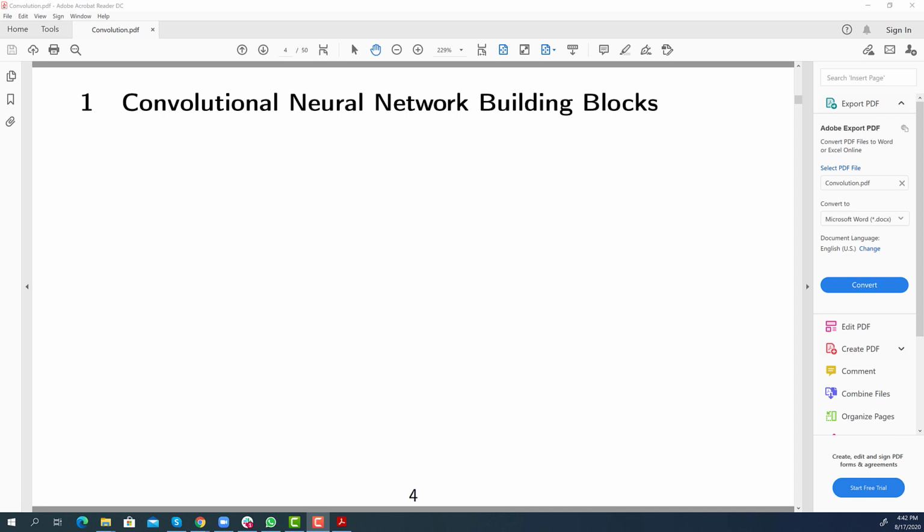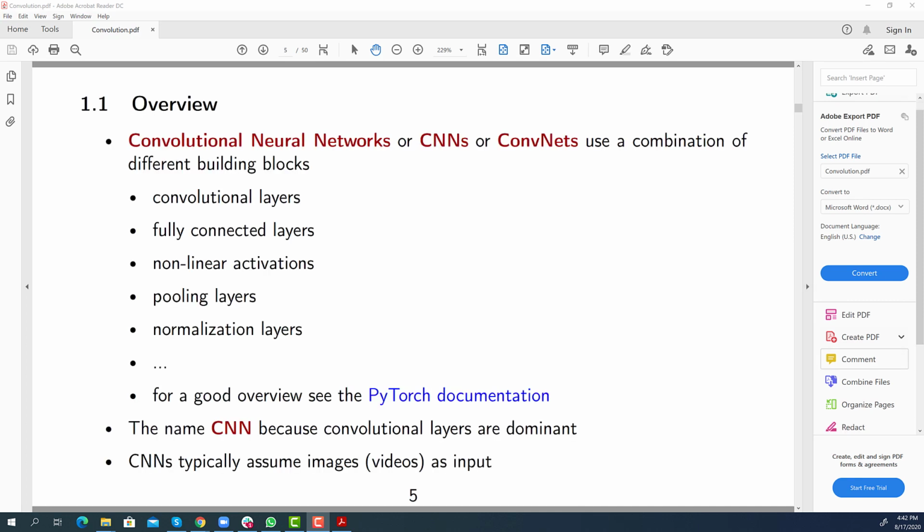In this sequence, we will discuss building blocks to create convolutional neural networks. We will use three different terms: convolutional neural networks, CNNs for short, or ConvNets. These CNNs use multiple different building blocks. Prominently are convolutional layers. There will also be fully connected layers, several nonlinear activations, pooling layers, normalization layers, and so